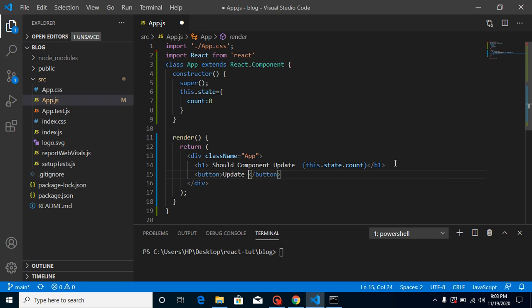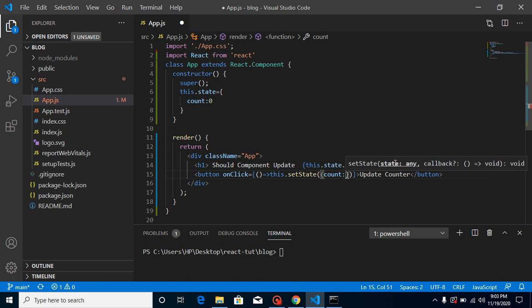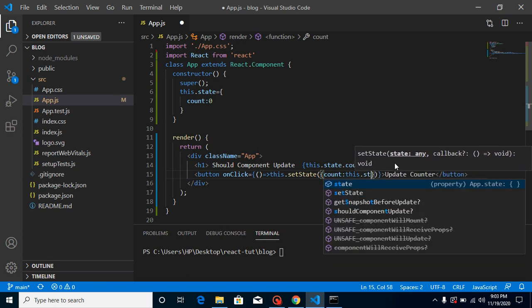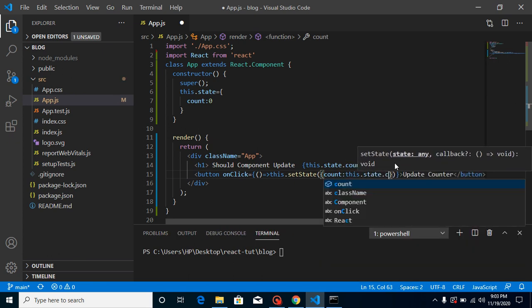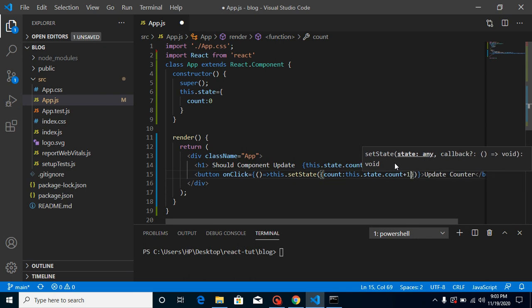Just write here update counter, and make an onClick event with an arrow function, and put this.setState, where count will be the current value, this.state.count plus 1, right?